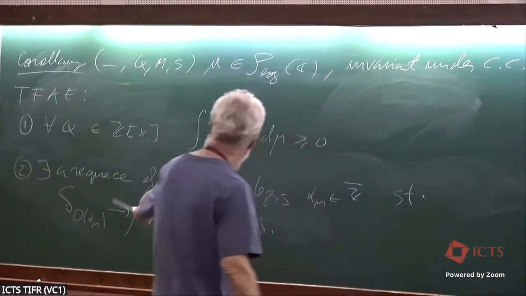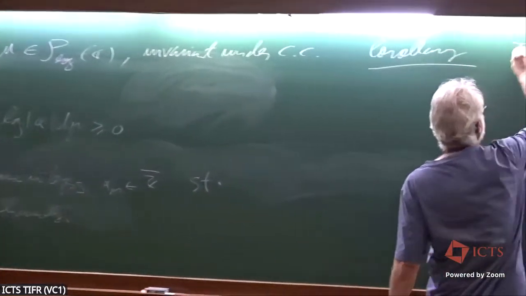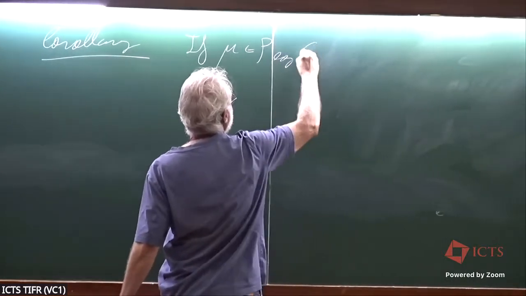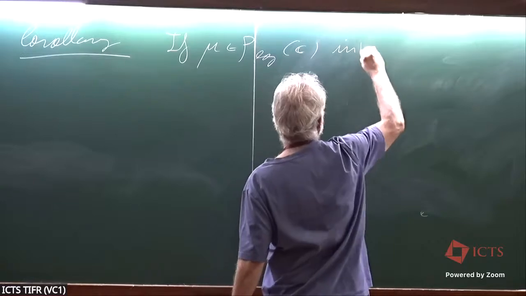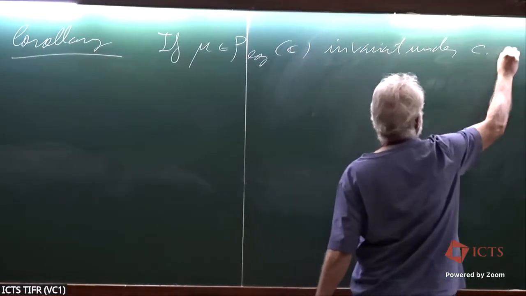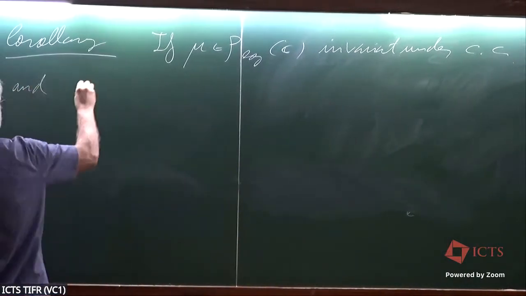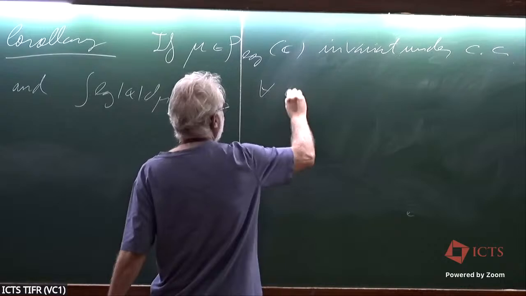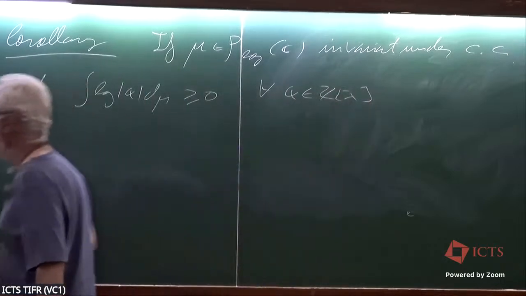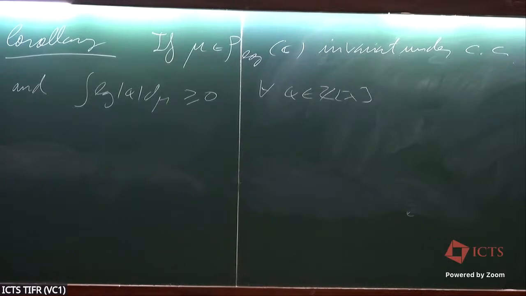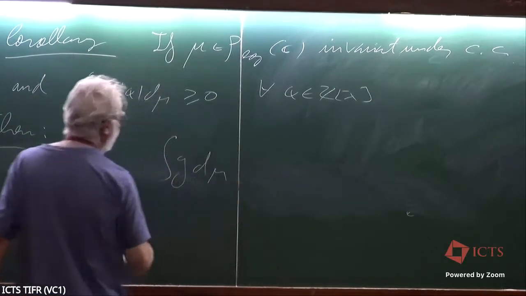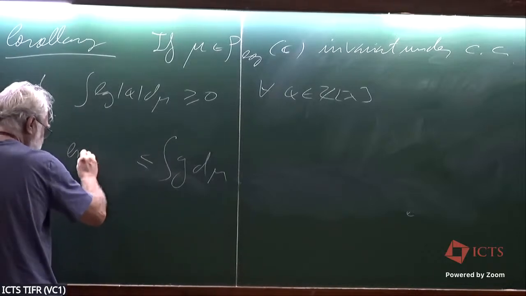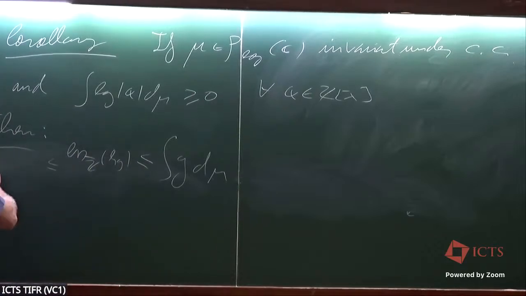Now the corollary of this result is that if mu belongs to P log of C and is invariant under complex conjugation, and the integral of log of absolute value of Q d mu is bigger or equal than 0 for all Q inside set of X, so if I have a measure that satisfies this first condition, then the integral of G d mu will be bigger or equal than the essential minimum of G for algebraic integers. Okay. And now the proof is almost the same,